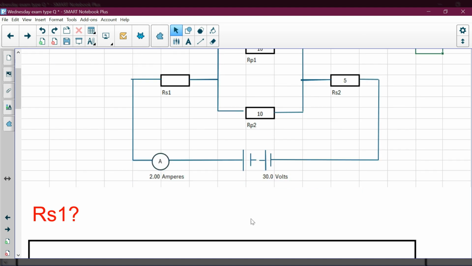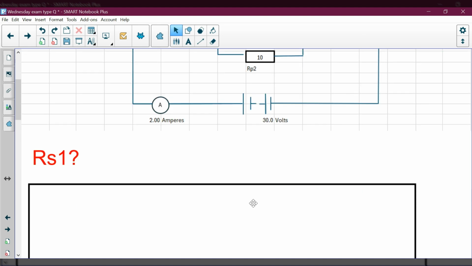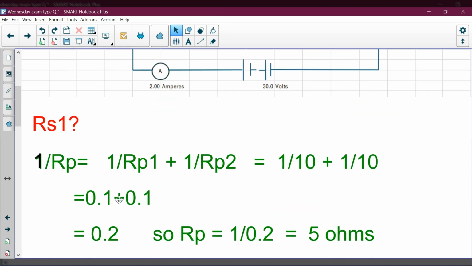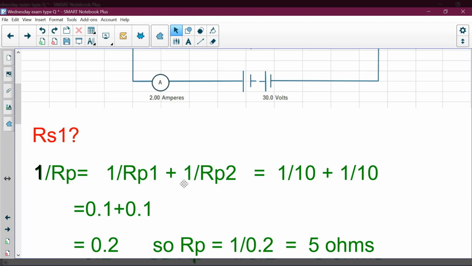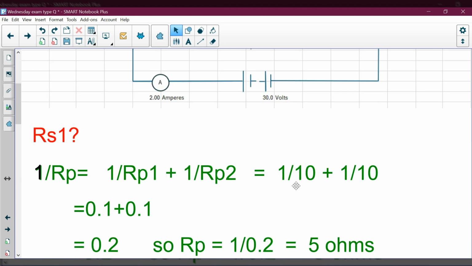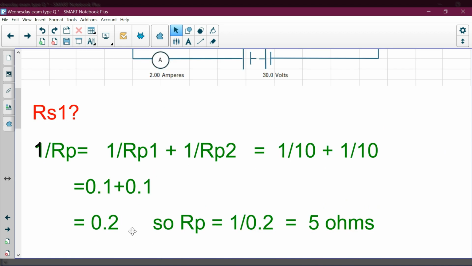Okay, so we've got a few options. Option number 1, we can do the 1 over RP calculation, where we take 1 over RP1, which is 10 ohms, 1 over RP2, which is also 10 ohms, add them together, so 1/10 plus 1/10, 0.1 plus 0.1 equals